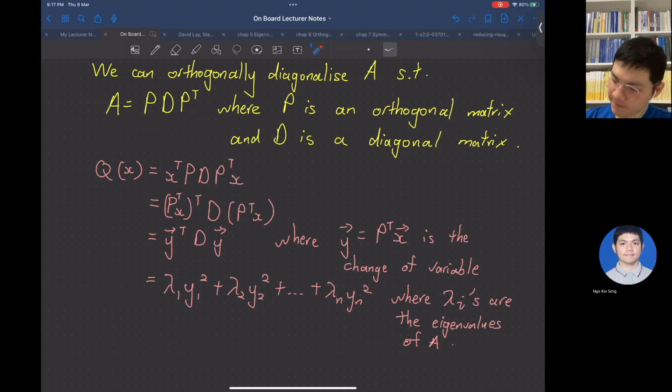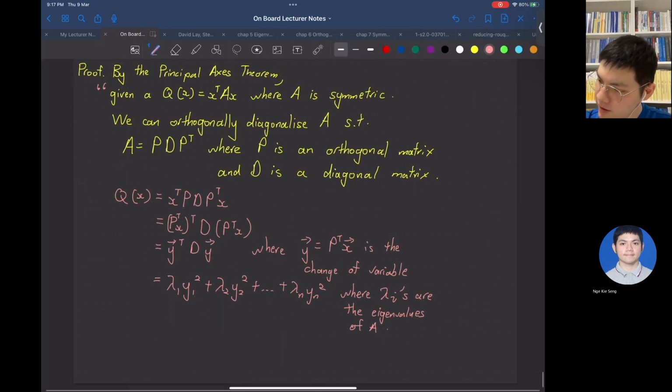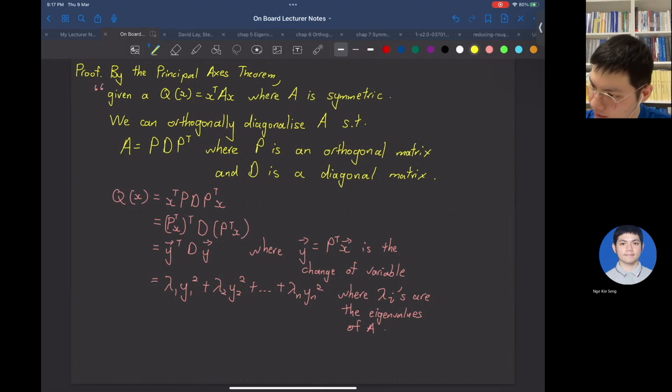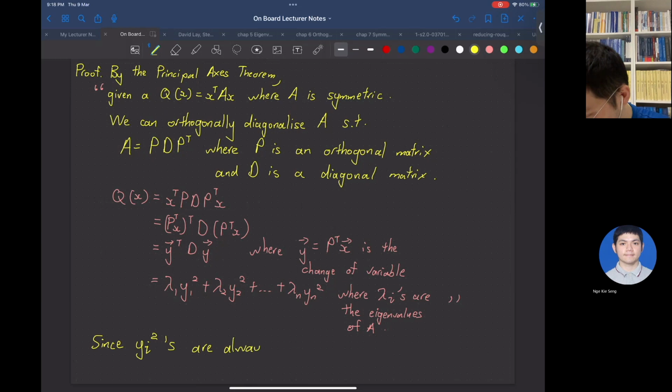Okay, let me write down what I'm saying. So since y1 squared, yi squared are always positive,